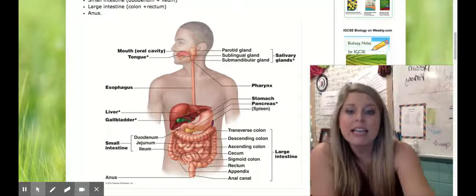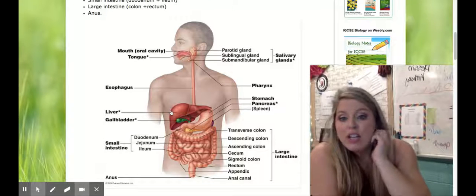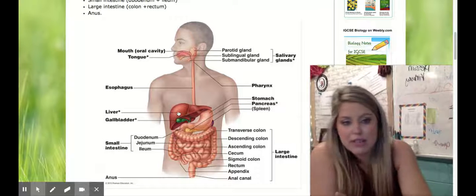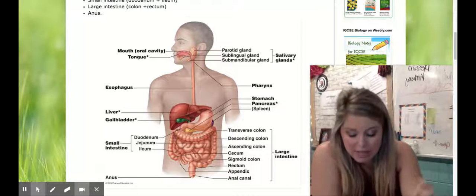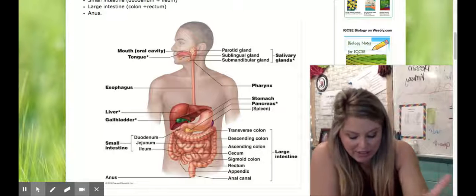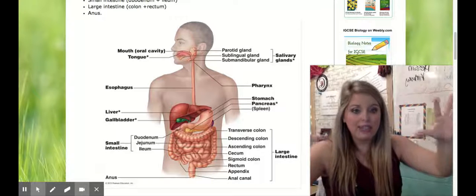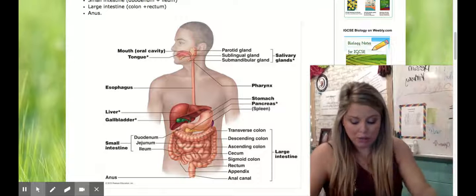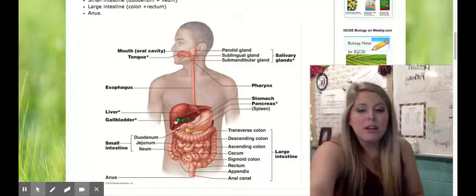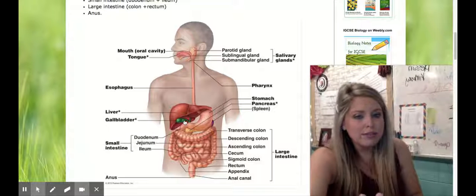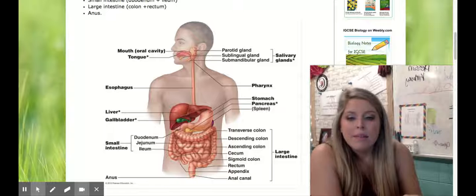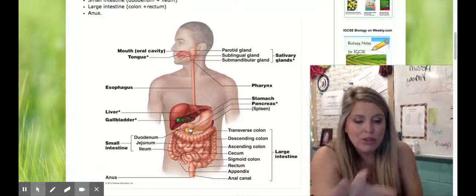Okay. Now, looking at a few other parts of the alimentary canal that are not actually on the track would be the liver, the gallbladder, and the pancreas. Now, the liver does not produce enzymes. It produces something called bile. And what bile does is emulsify fats to break large fat molecules down into smaller ones. And this is a form of mechanical digestion as well. The gallbladder is simply a storage house, so to speak, for bile and bile salts, which can then be dumped into the small intestine.